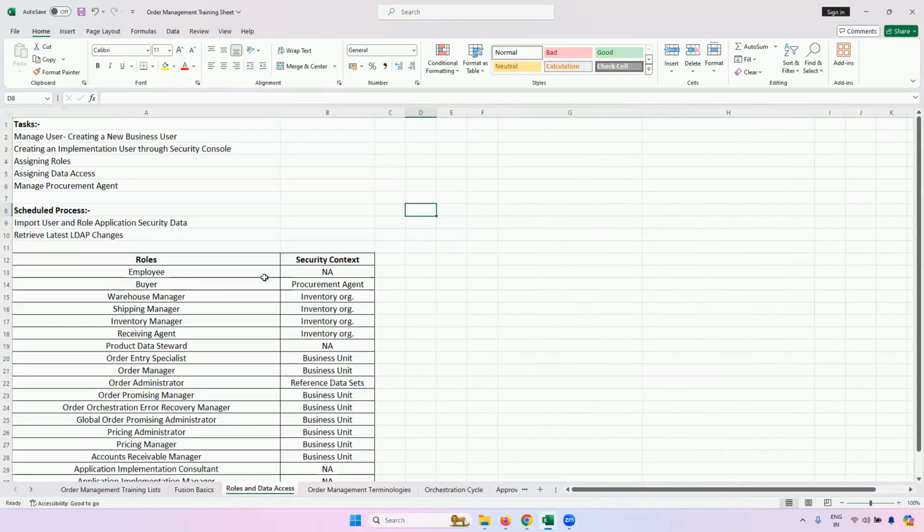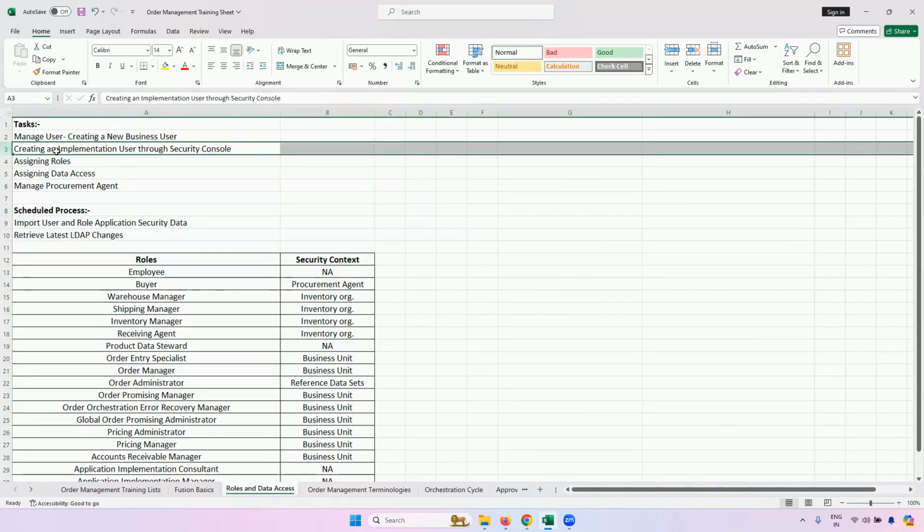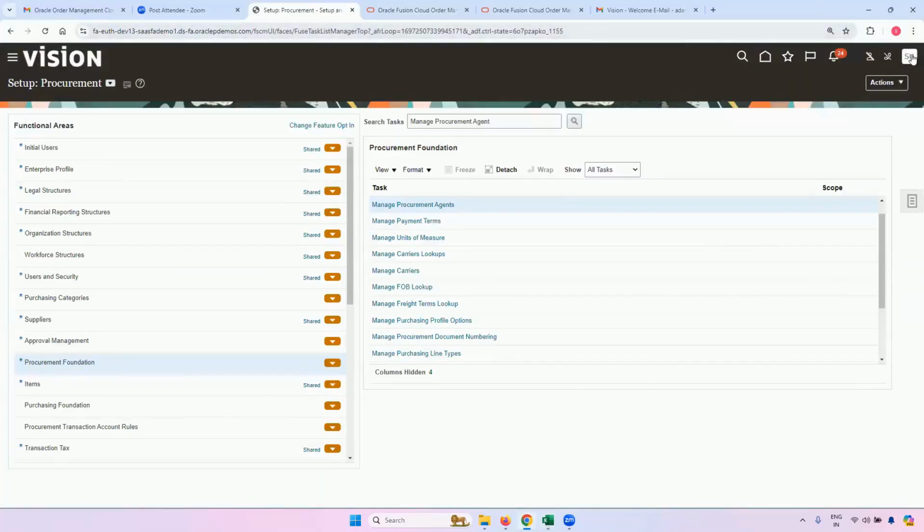So now let me go back there. And now let me create an implementation user. You might have noticed I've done everything except the third one, right? I haven't created an implementation user. The user I'm using right now is already an implementation user. Let me go back to the security console.